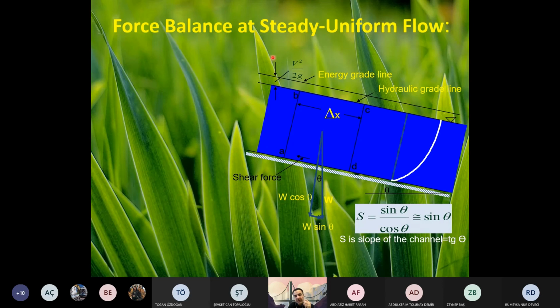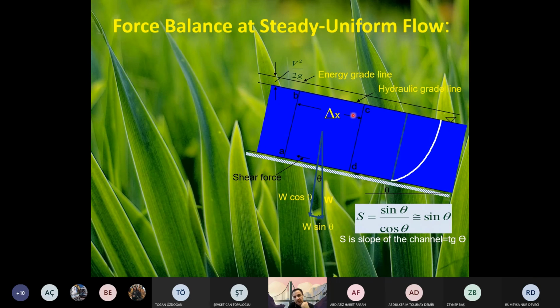And we said that when the channel is prismatic, there is no acceleration also. It is also called steady uniform flow. Okay, so when I ask you what is the slope of channel, you can say theta equals to, assume